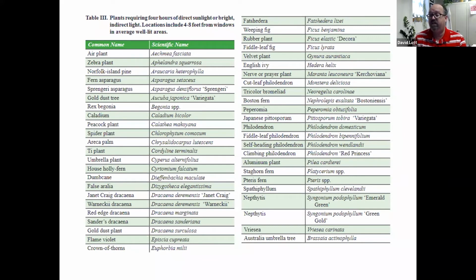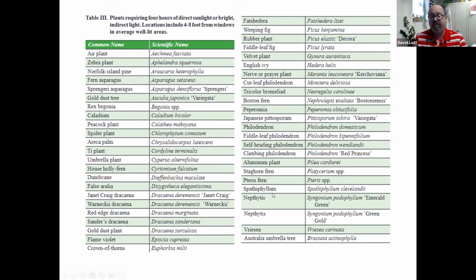Fiddle leaf fig. So think of that picture several slides back that John had that showed where the fiddle leaf fig should be. That's the kind of plant in this case that needs to be close to that bright window. So think about those plants that need to go that way. So we do have some different philodendrons in here. The fiddle leaf, you have the self-heading, you have the climbing ones. Those are a different one than the heart-shaped one that I have here that takes less light.